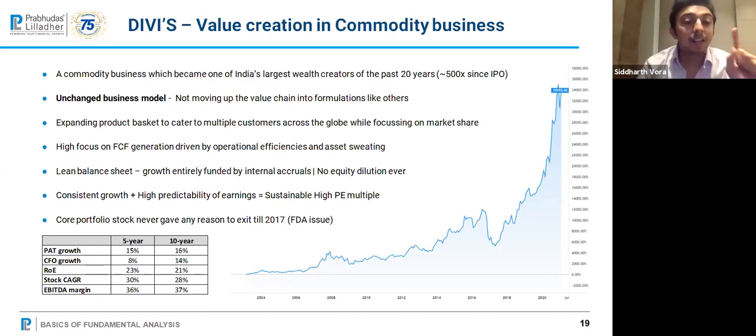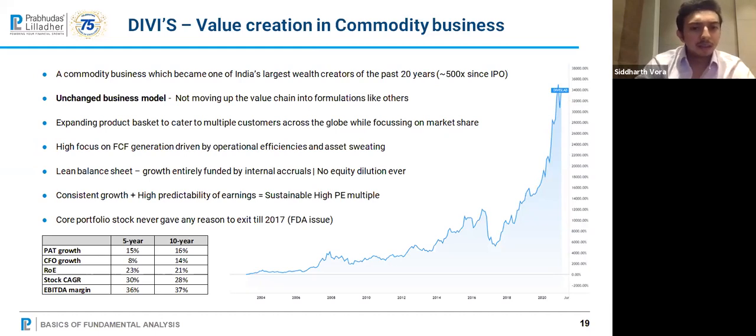By doing this, it did not change its business model. It did not move up the value chain. And therefore, it is able to create an annuity business and create a lot of value for shareholders, investors, and the company. So, such kind of subjective analysis is also important in companies and industries where you don't have a very clear understanding के क्या हो रहा है यहाँ पे.